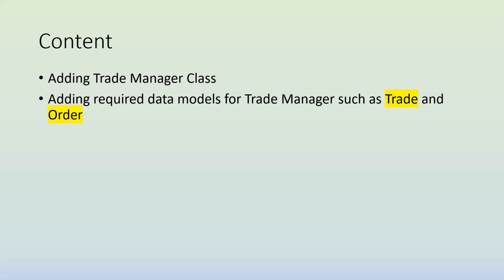Another data model we have is order. This order is nothing but what we place onto the broker terminal, and we get the details of the order. Each trade can have different orders, like an entry order, a stop-loss order, and a target order. These are the main orders of each trade, correct? We'll see how we organize them in the code.